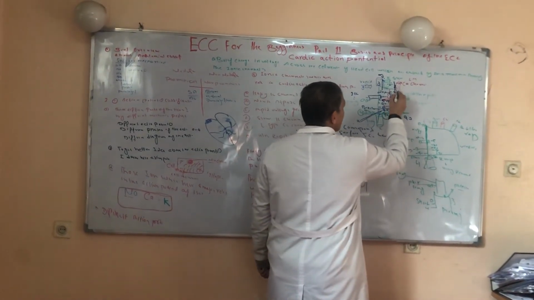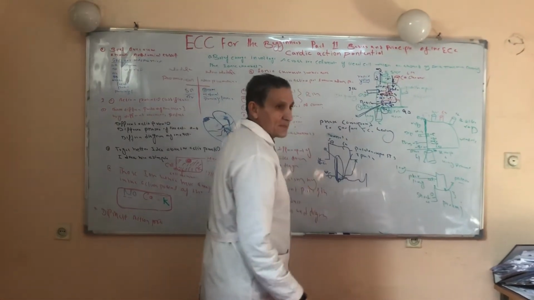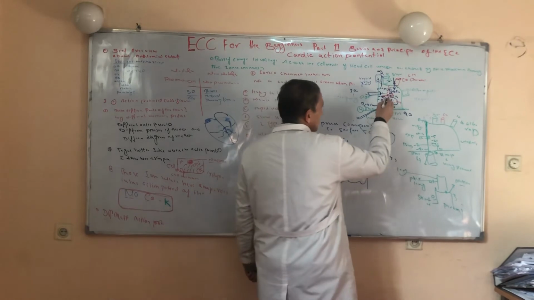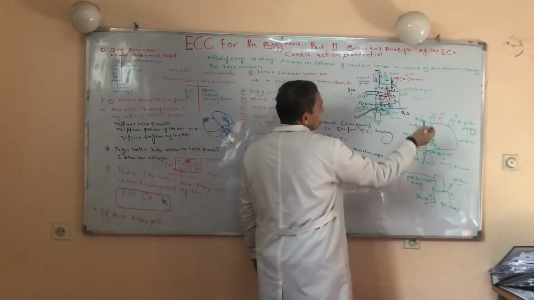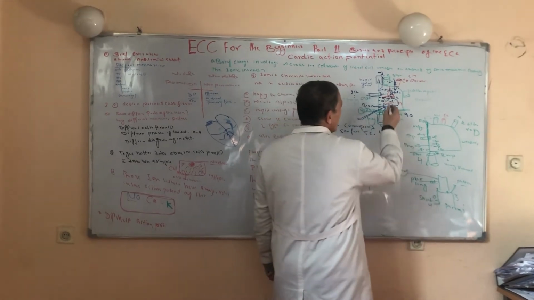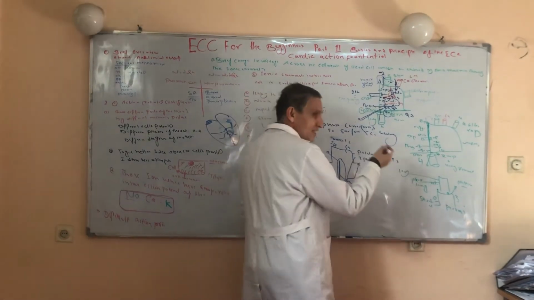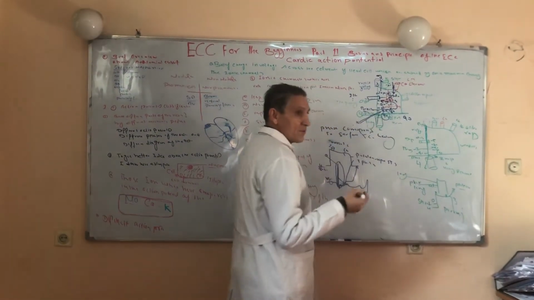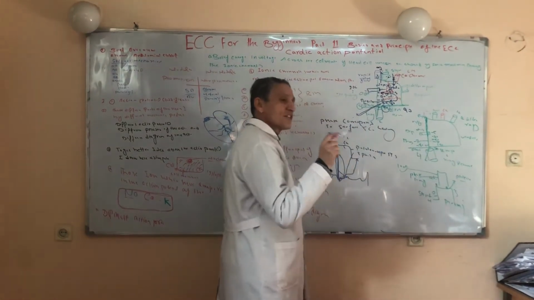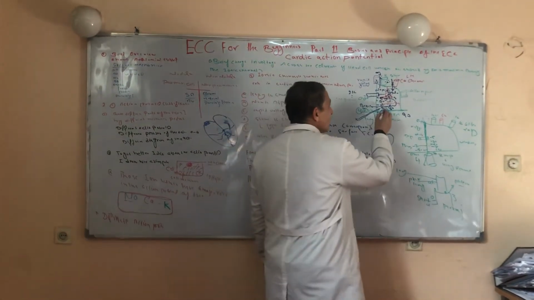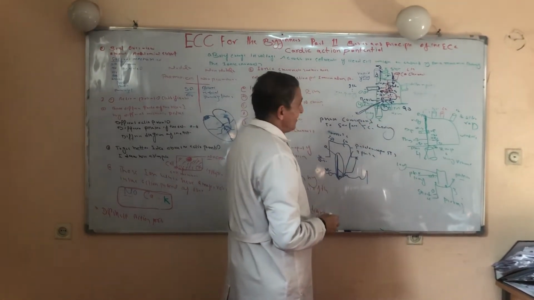Then this calcium, which is coming from outside the cell to the inside of the cell, stimulates the endoplasmic reticulum. The endoplasmic reticulum releases calcium. This calcium and the calcium released from the endoplasmic reticulum bind to troponin. These calcium ions pull the troponin away from tropomyosin, and actin-myosin cross-bridge formation is produced. This is the mechanism by which the myocardial cells contract.